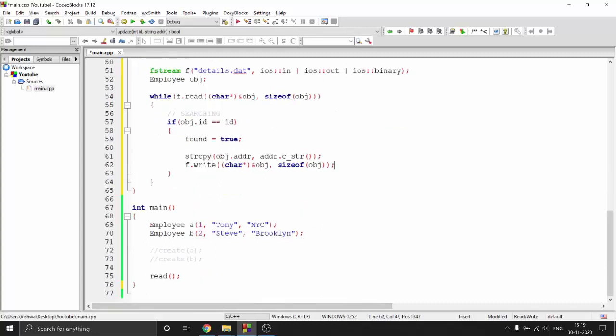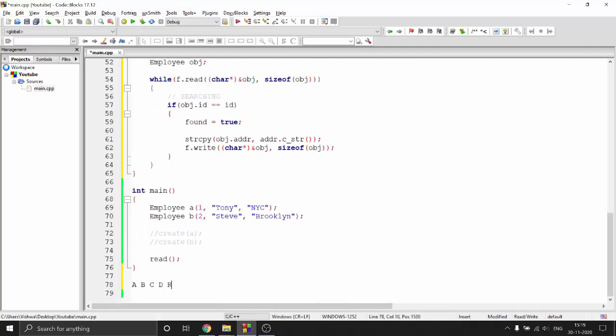So anyway, if I just do that, what will happen is, let's say I wrote A, B, C, D, E. I want to change C. So first I read A, checked A, read B, checked B, read C, checked C, and I want to change C. Now if I try to update C and just write, I'll overwrite D. That's what is going to happen, because I have not gone backwards. So I'm overwriting the next record, not the record I'm at. So I need to go back one record.